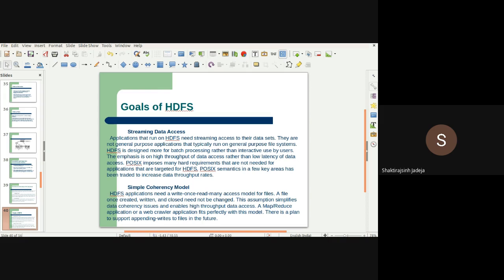They are not general purpose applications that typically run on general purpose file systems. HDFS is designed more for batch processing rather than interactive use by users. The emphasis is on high throughput of data access rather than low latency of data access, right?